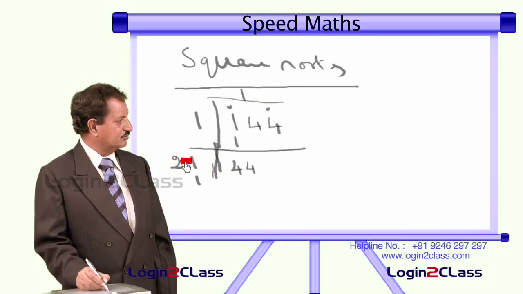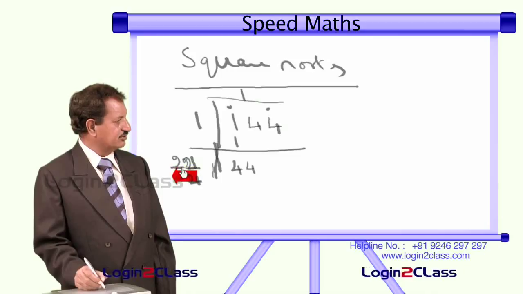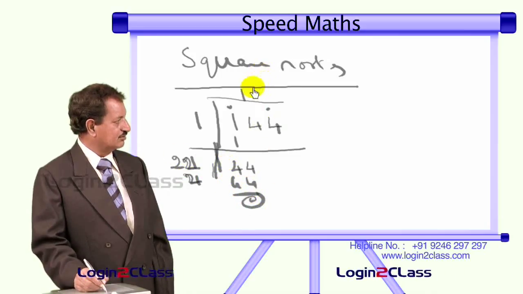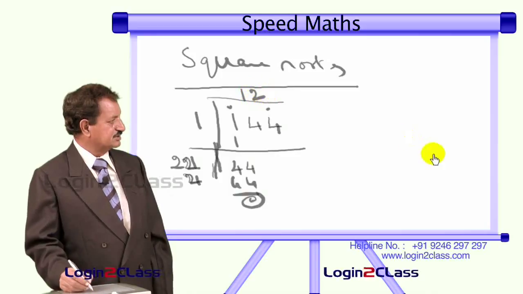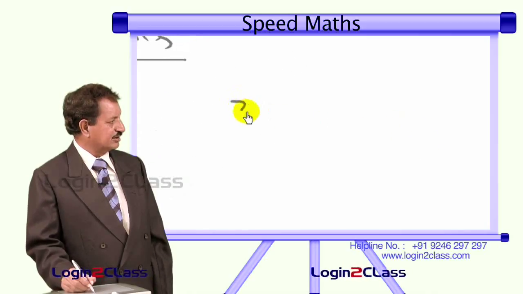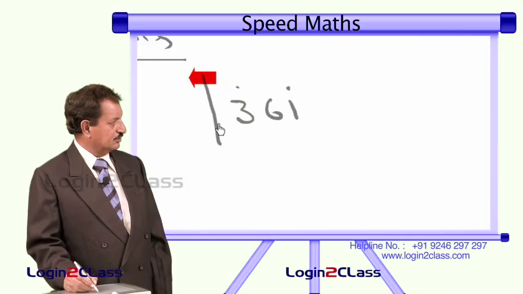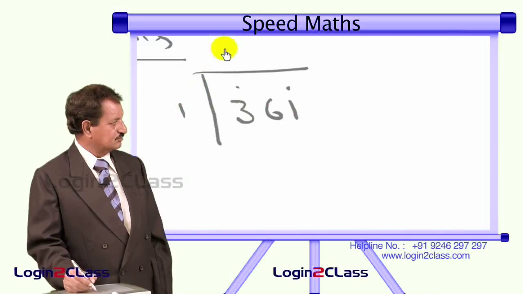Now you have to make it as 22 and multiply with 2. Now this is 22 twos 44, remainder 0. So the answer is 12. Like that you have to do. Suppose the number is some other, take 361. You have to do like this: 1 once 1,